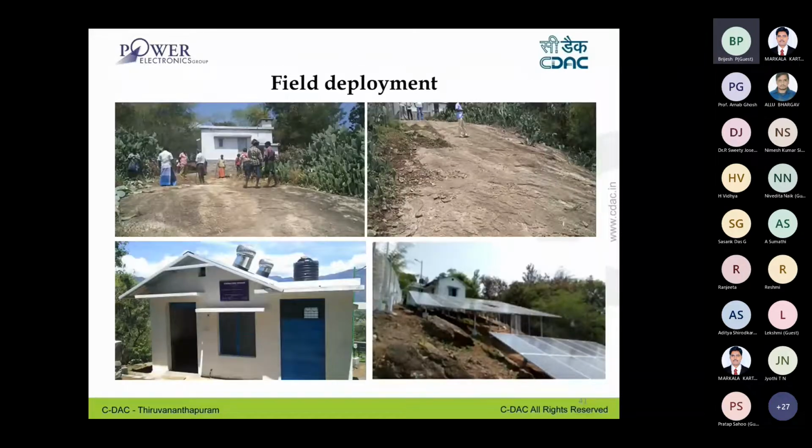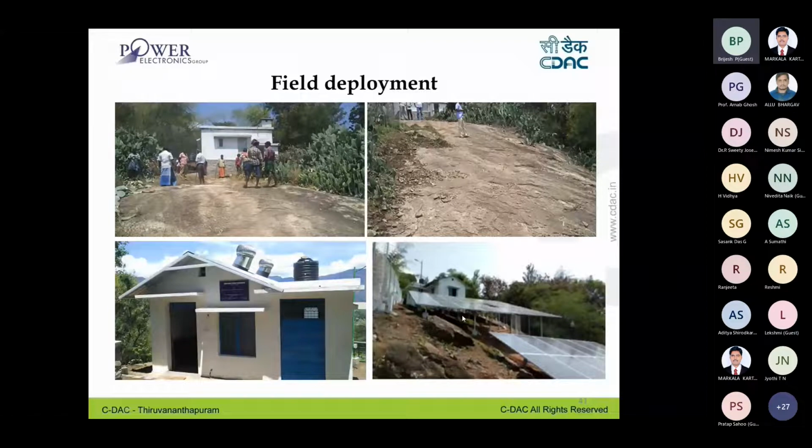These are some of the field deployment photographs. You can see the rocky area, which is unutilized land, which we used for construction of the control room and installation of solar panels. There was a natural south inclination for that rocky area, so we selected it for installation of solar panels.